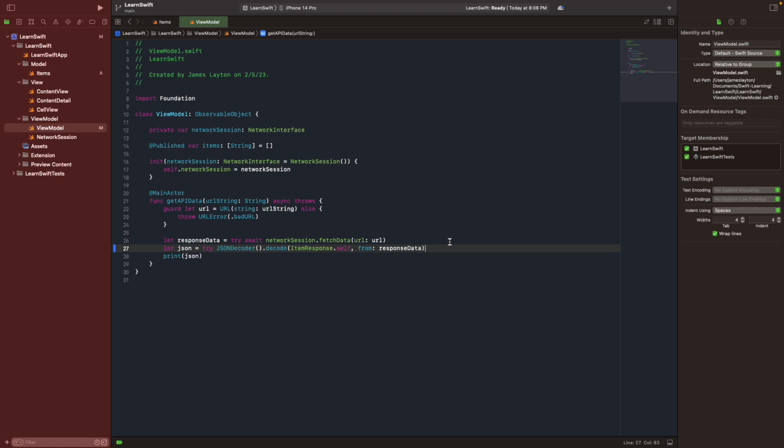Next one is actually consistent and reliable, I would say. JSON decoder actually uses the Foundation framework to parse JSON data, so providing a consistent and a reliable way to handle JSON data across different platforms and applications. Another one will be type safety. JSON decoder actually allows you to define the structure of your data using Swift structures or classes, providing type safety and helping to prevent maybe common errors such as incorrect data